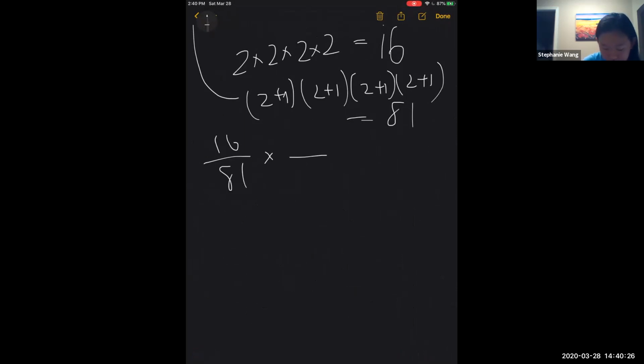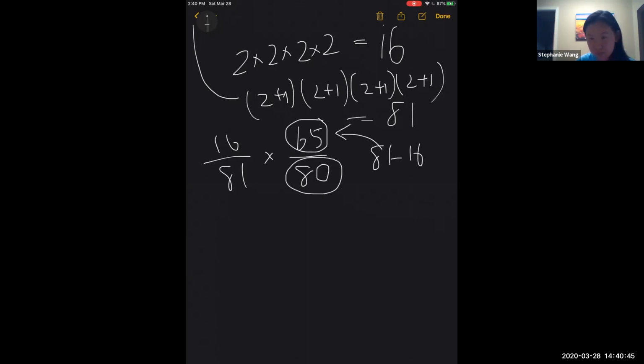So out of the next one, there would be 80 other divisors that she can choose from, and 65 remaining, because there are 65 non-perfect squares. That's what you get when you do 81 minus 16. These are the total number of non-perfect squares, and this is out of how many she can choose from. After we simplify this, we would get 13 over 81, but remember that we